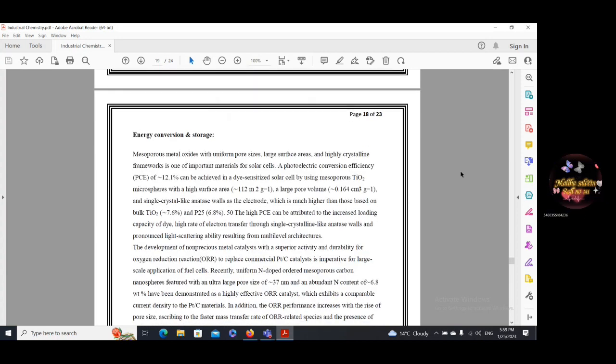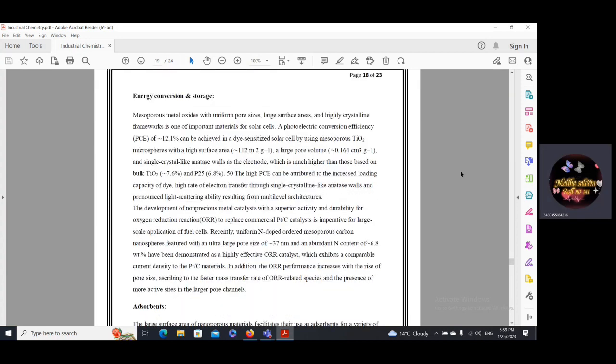Third one is energy conversion and storage. Mesoporous metal oxide with uniform pore size, large surface area, and highly crystalline framework is one of the important materials for solar cells. A photoelectric conversion efficiency of approximately 1.1% can be achieved in a dye-sensitized solar cell by using mesoporous